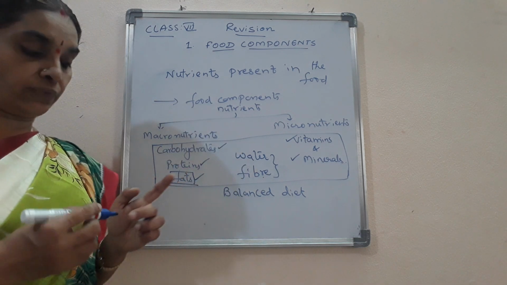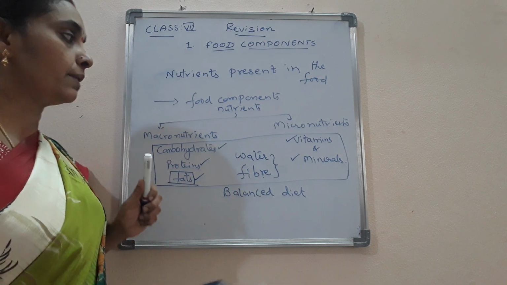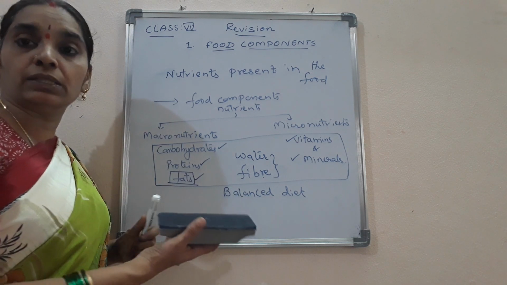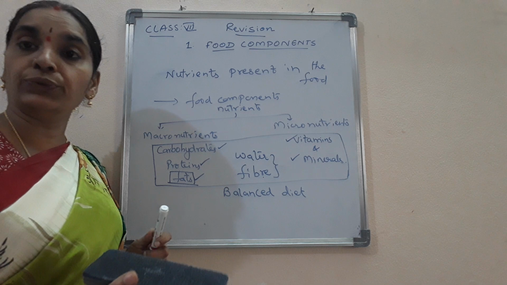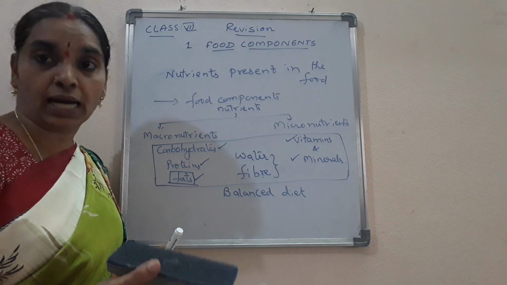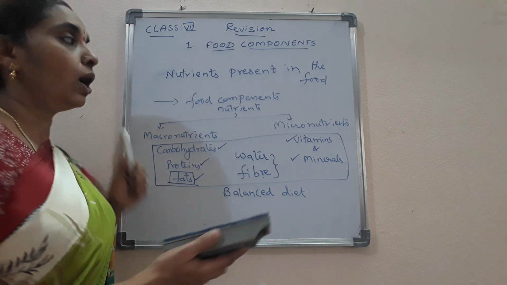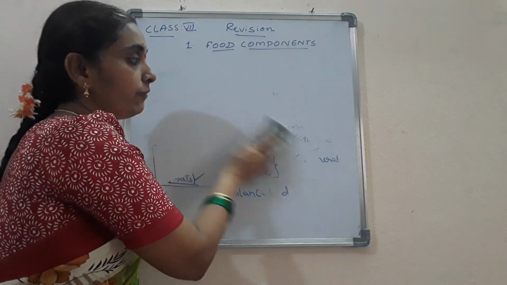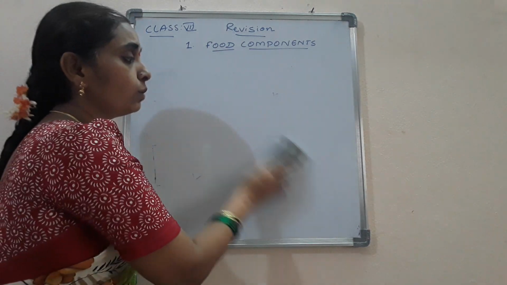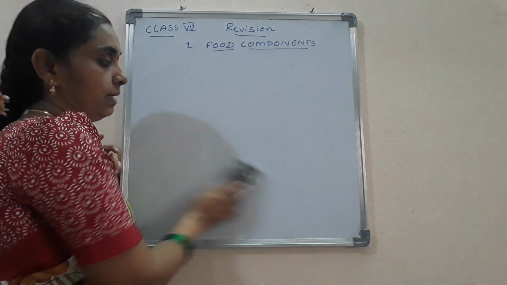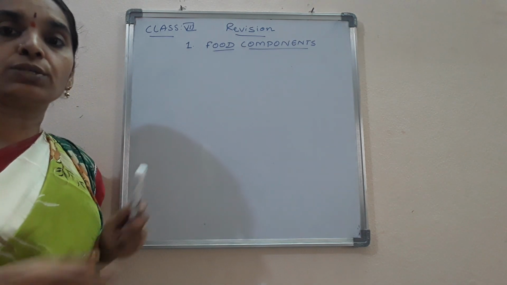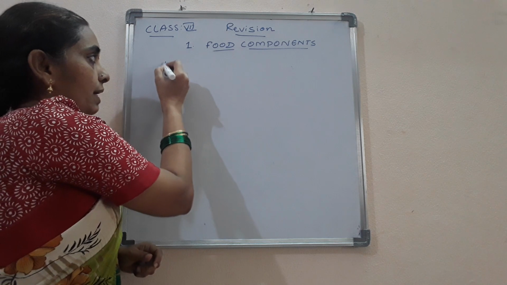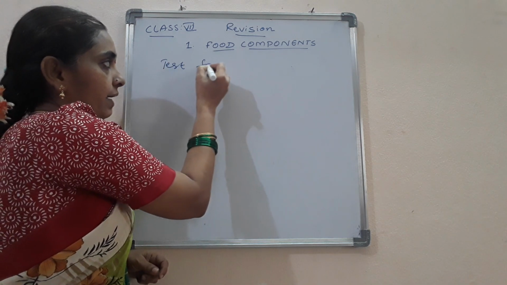Okay. So now we'll move to the question, in which food items the nutrients are present. What are the nutrients that are present in the food items? How to test them? How to know the particular component is present in a particular food item? So that can be tested also. Is it clear, children? So the test we can do, the test for carbohydrates.